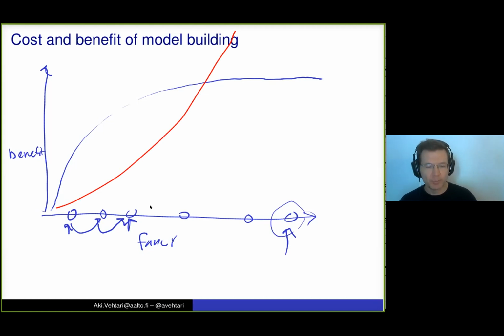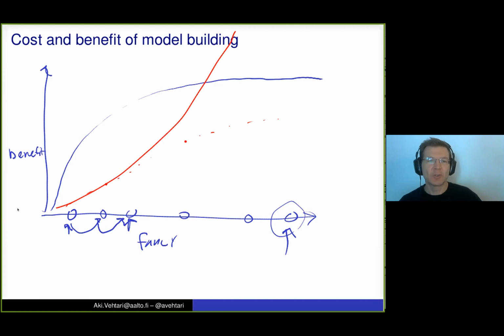Part of the workflow ideas is, of course, that we also try to make these curves so that we can build more complex models more efficiently.